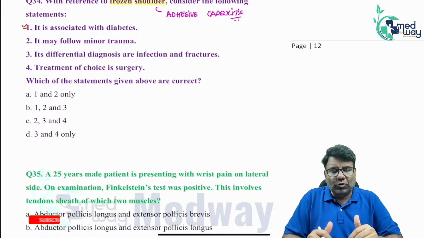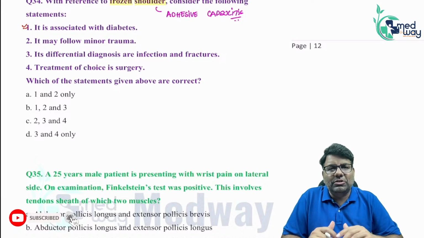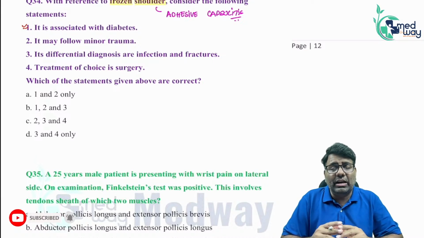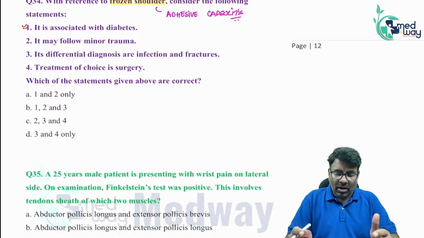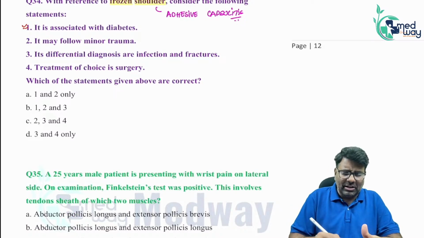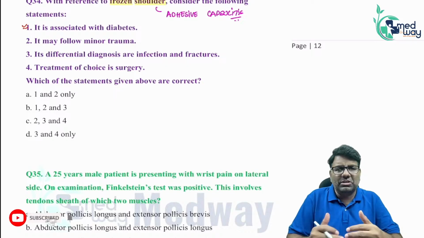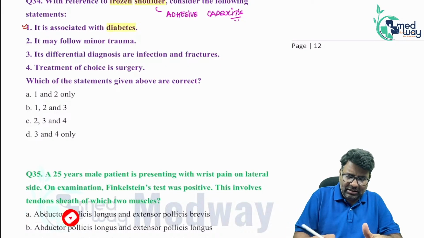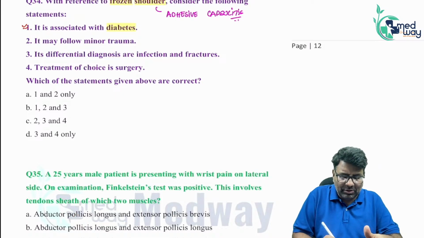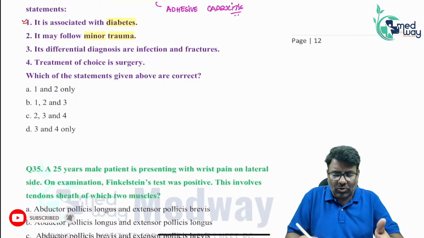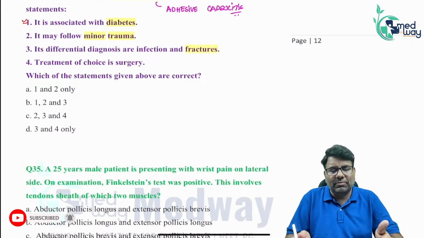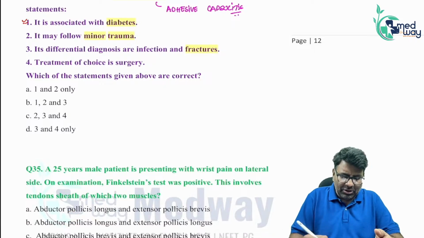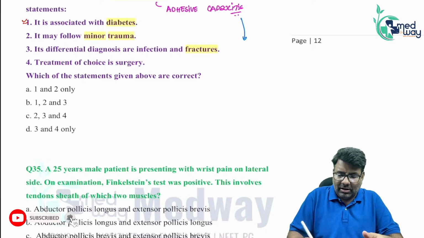Right? So frozen shoulder, also known as adhesive capsulitis of the shoulder joint, is a condition where the patient finds it very difficult to move the shoulder joint. As the name suggests, movements are painful. This is commonly seen in diabetic patients. Very rarely it can be associated with minor trauma, and if it is related to trauma, obviously you have to rule out fractures. So A, B, C are true, and the condition is